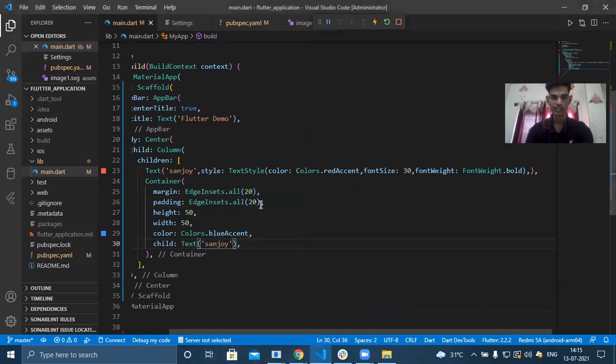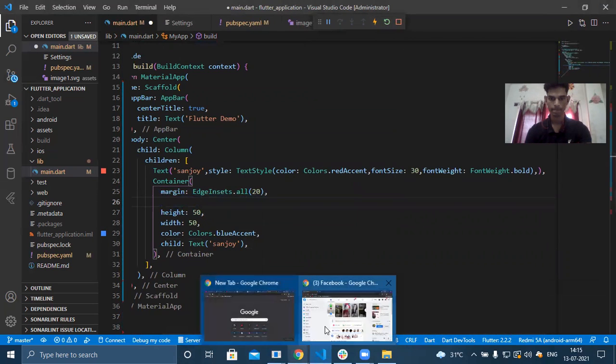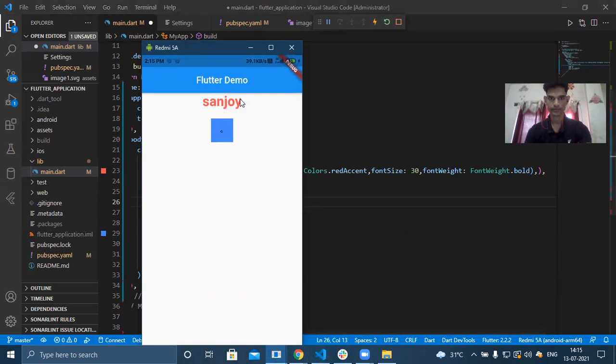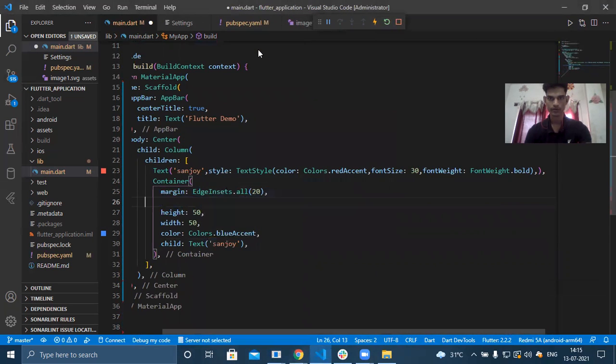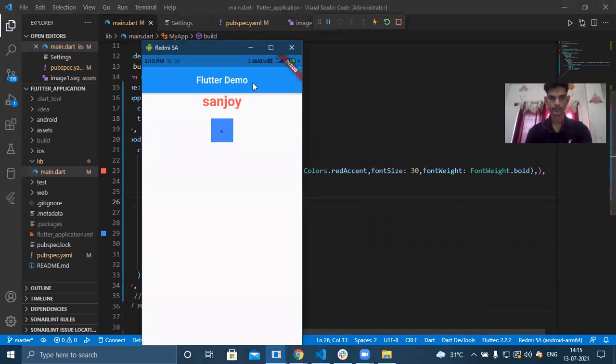So I'm going to change the padding. Yeah, you can see my name over here.